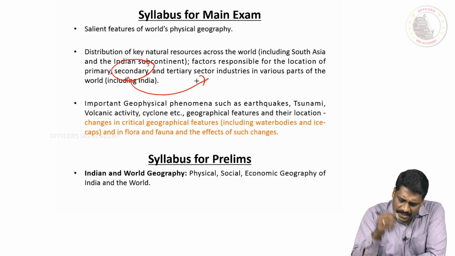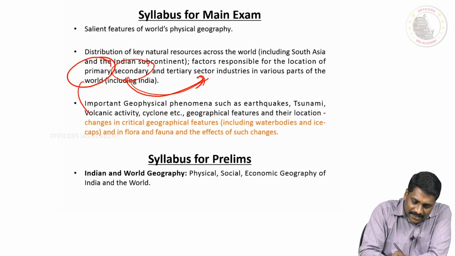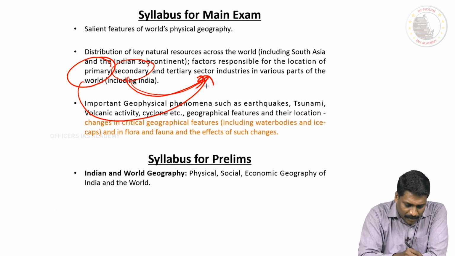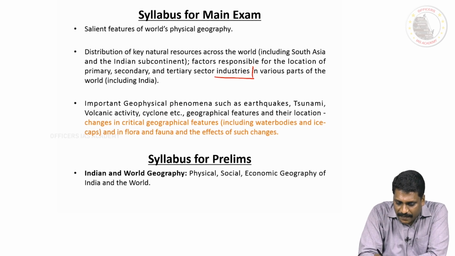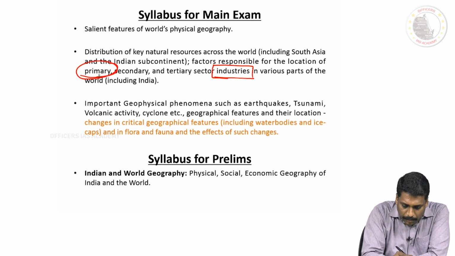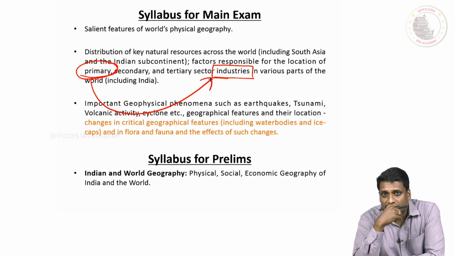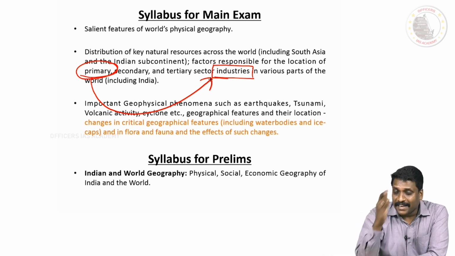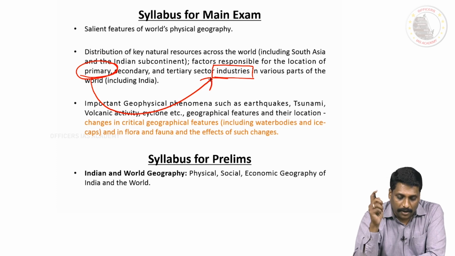Now comes the question, yes, secondary sector industry I can understand. What is this primary sector industry? Are they talking about agriculture? Certainly not. Because explicitly they have mentioned the word industries. Now if that is the case, what do you mean by primary sector industry? This is what you call decoding. What is this primary? Yes, primary means what? Agriculture. It means any industry which is dependent on agricultural output or product, you call them as what?